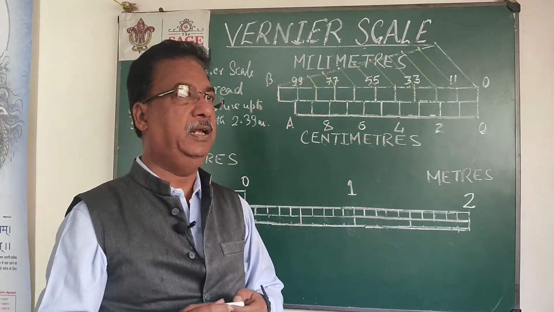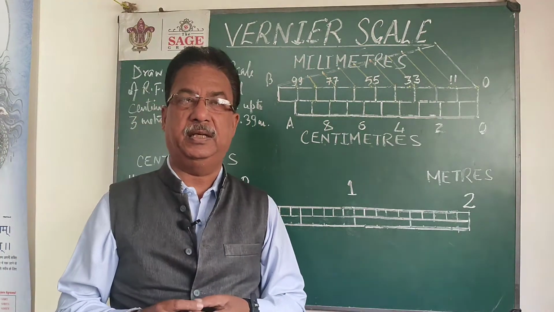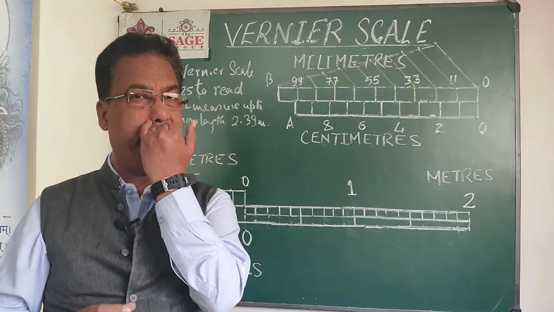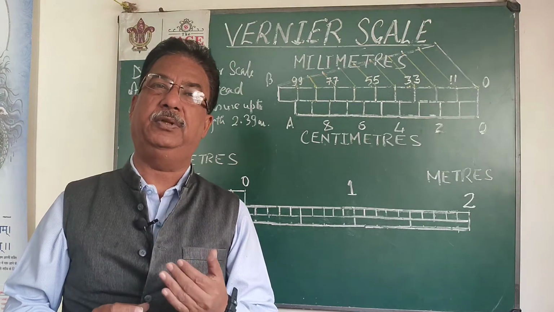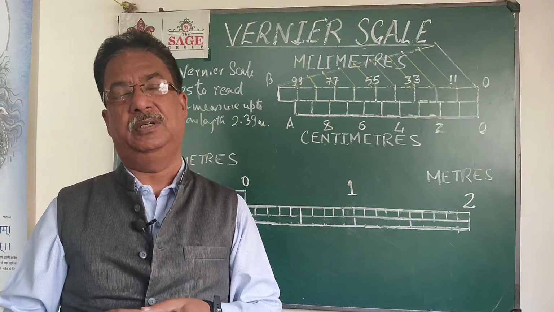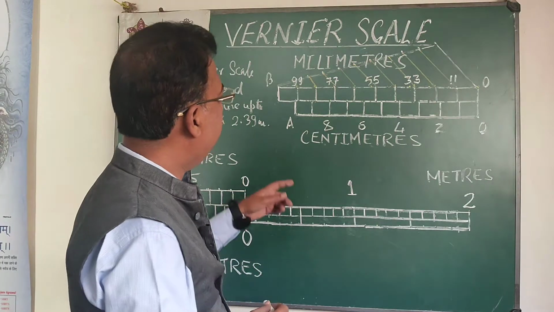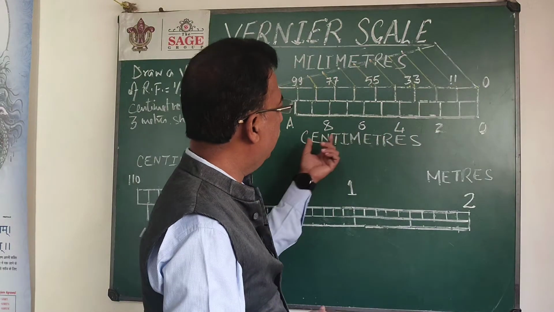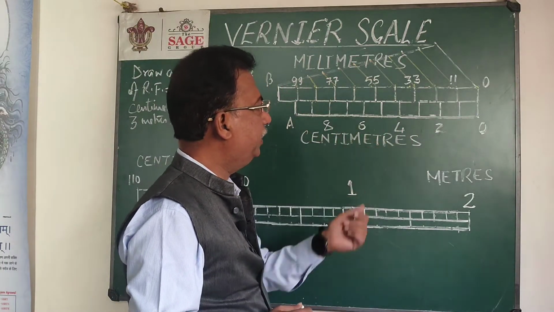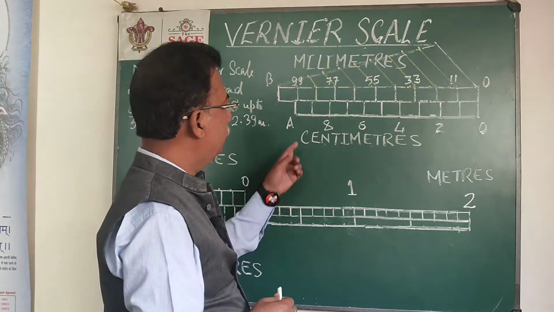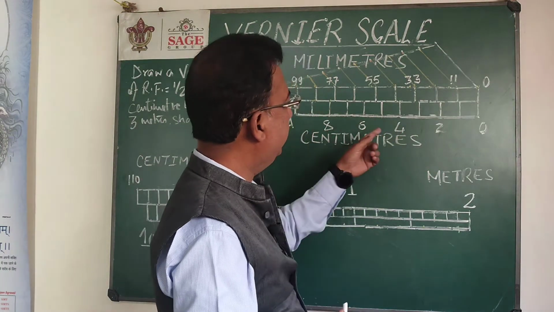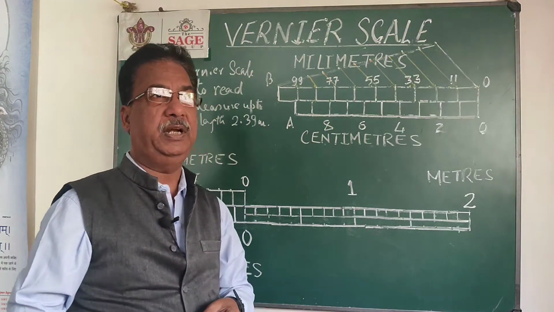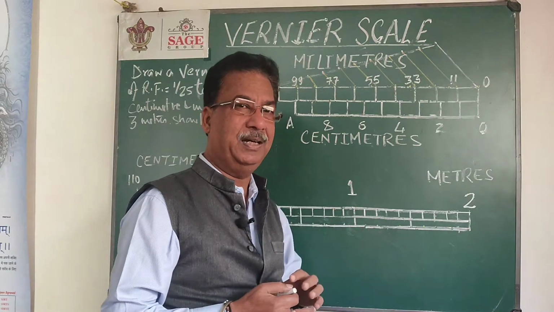So in a vernier scale, there are two scales. One is the primary scale and the second one is the vernier scale. The vernier scale is used to give the next fraction of the main scale. As you see in this figure, the lower side is the primary scale and its units are centimeters. So this OA length will be divided into 10 centimeters, and this one small part will be equal to 1 centimeter. Right now I have enlarged that part.